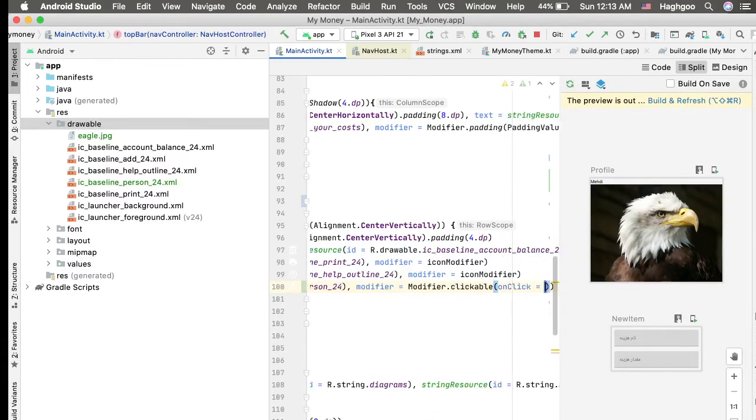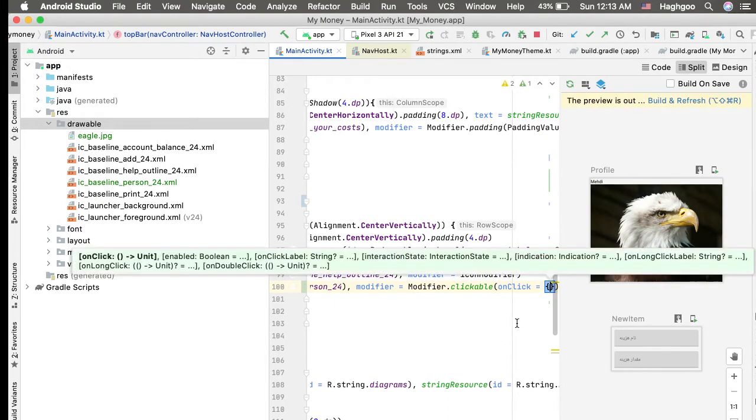Yeah, and then I add onClick. This is not like Flutter when you wrap something in clickable, if I'm not mistaken. Actually, you define a lot of behavior using modifiers, and in this onClick callback, you tell it to go to